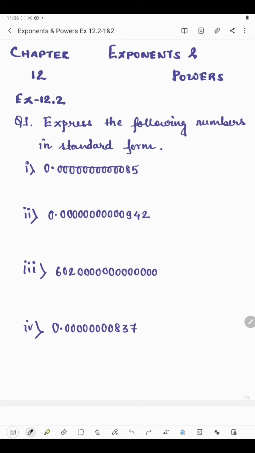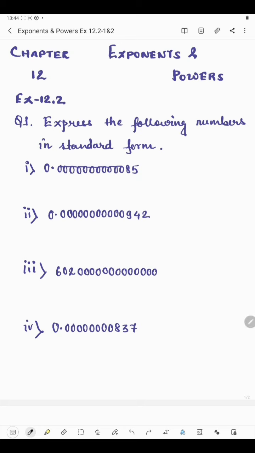Now see, here we have two types of number. In some of the numbers we have the decimal, and after decimal many digits are there, and in some of the numbers you will get no decimal. If after point so many zeros are there, that means this number is very small, and here we can see that there is no decimal. After 602 only zeros are there, so this is a very large number. If there is no decimal present in the number, that means decimal is present at the end. Now in the first part, decimal is there.